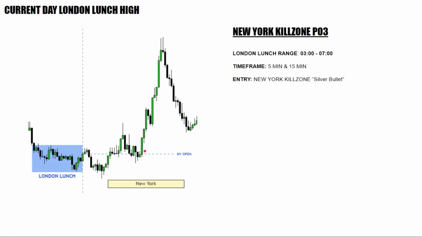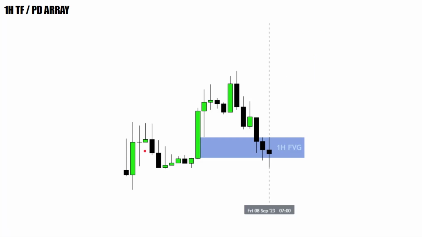Everything's gotta start with the higher time frame. This is the key, this is the footprint, this is what makes your trade high probability, if that makes sense. So with this one, the sweet spot can be either the 4 hour or the 1 hour time frame. It can even be the 30 minute or even the 15. It's just that the risk to reward would be a bit less when you go into a smaller time frame, because